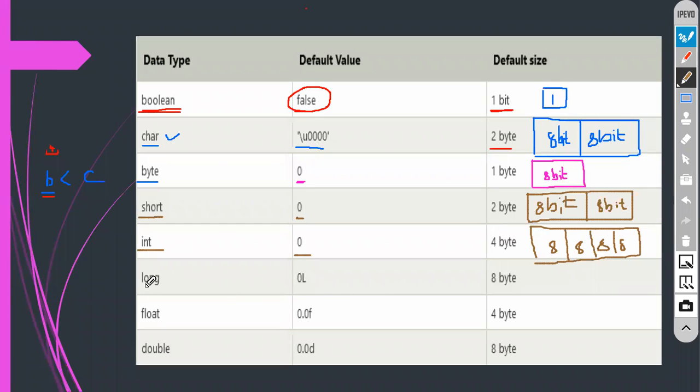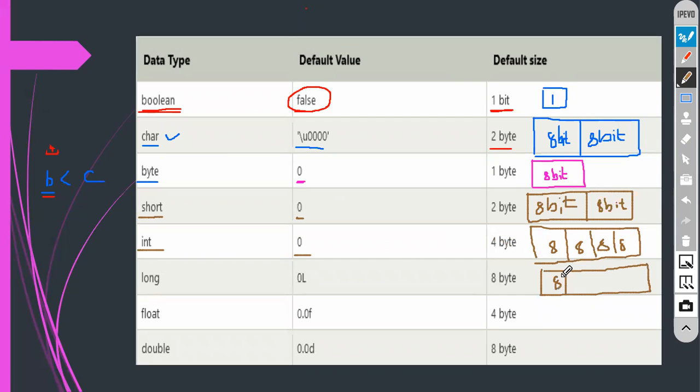Clear? Guys, clear? Again you tell me, for long, how many bits is it consuming? 8 into 8, 64. Yes or not? Yes. 64 bits of memory it is consuming. Clear, everyone?